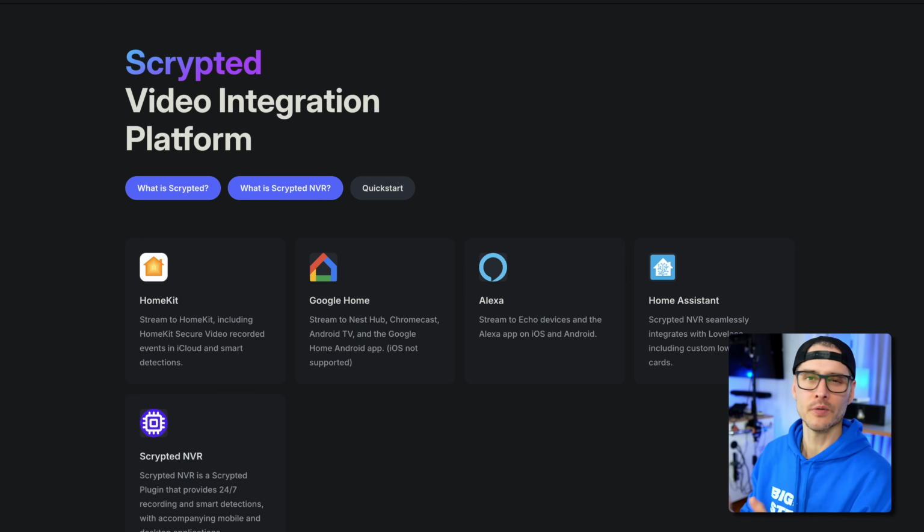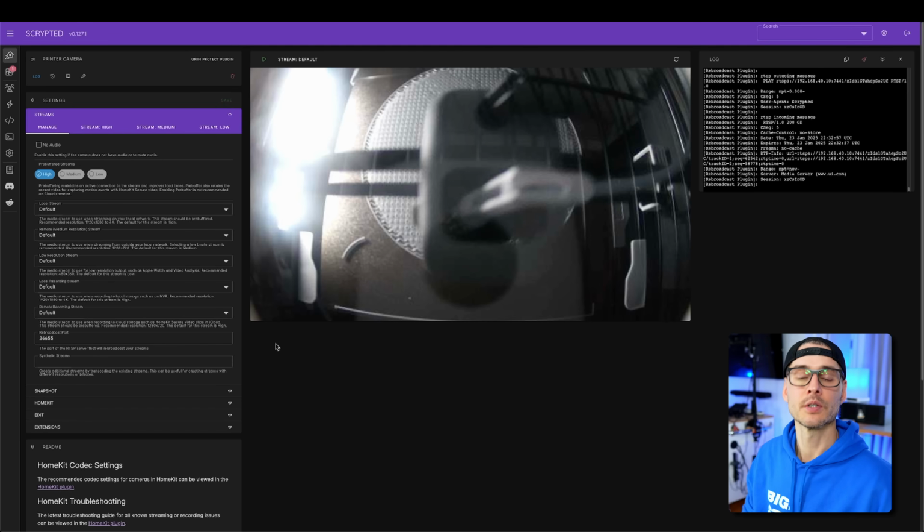I talked a little bit earlier about home security, and I just talked about Home Assistant, and there's something that's in between, which I use, which is Scrypted. So Scrypted can be an NVR, but the way I like to look at it is it's a system or an interface that allows you to connect most any camera to most any hub. And what do I mean by that? Well, I have my cameras provided by UniFi, right? UniFi Protect, and they're not HomeKit certified, which means they don't integrate with HomeKit at all. So when someone presses the doorbell, I don't get a notification on Apple TV or on Siri or anything like that. And so what Scrypted can do is connect all of your cameras to a hub of your choice.